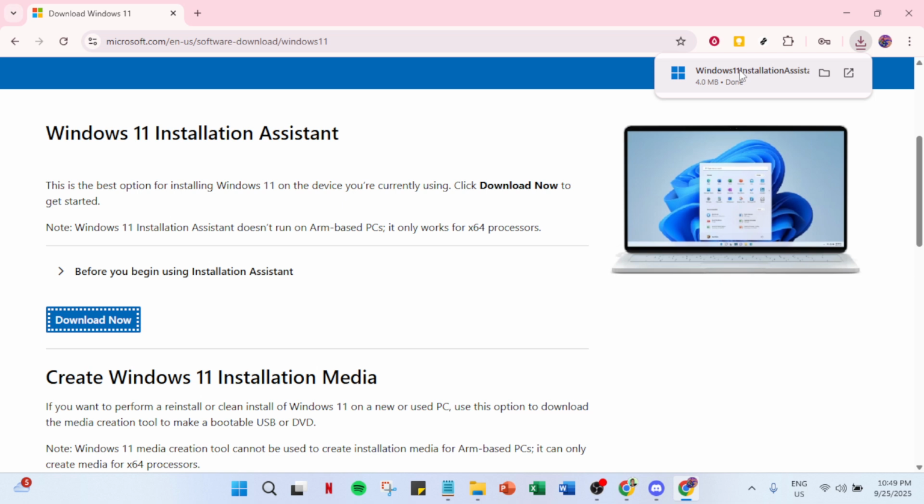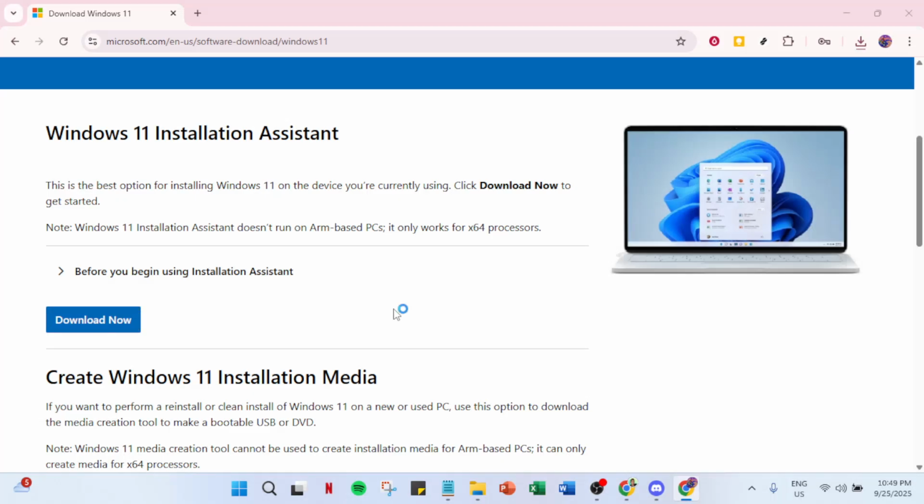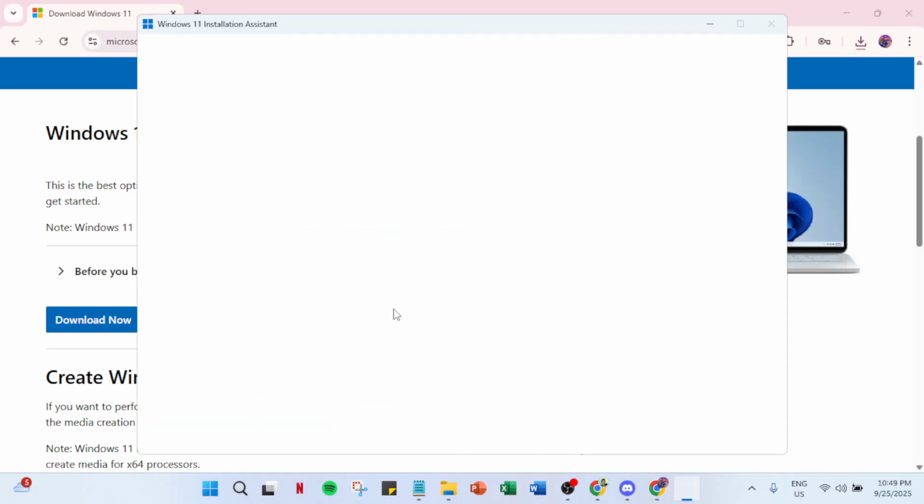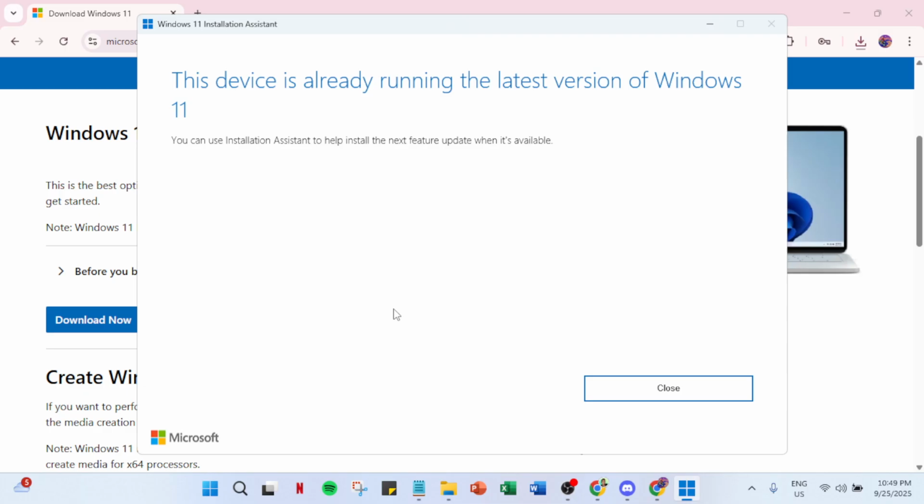You'll need to run this file to begin the installation process. Depending on your system settings, you might be prompted to grant administrator permissions. Don't worry, this is a normal part of the installation process, and it ensures that the software can be installed properly. As the assistant launches, it will perform an essential check to confirm that your PC meets the system requirements